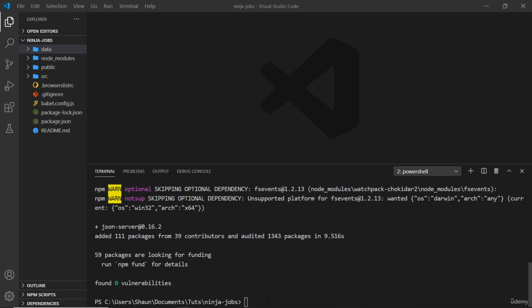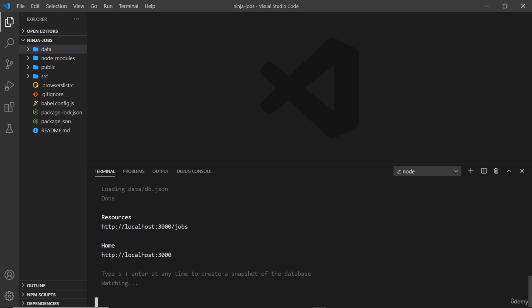Well, it's pretty simple. All we need to do is come down here in the terminal and say json-server, like so, space, and then --watch to watch a file, and then the name of the file, the path to the file. Now, in our case, that's in the data folder /db.json. So I'm going to press enter, and now we can see that it's spun up a local development server